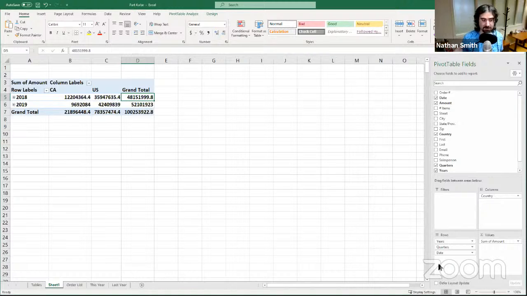Now, if you have an older version of Excel, I believe 2013 and earlier for sure, maybe 2016 even, then it's not going to do this for me. Instead, it's going to just list out each and every date,